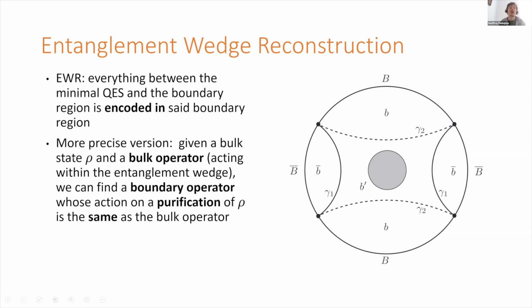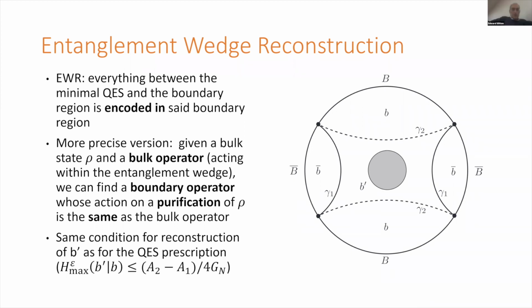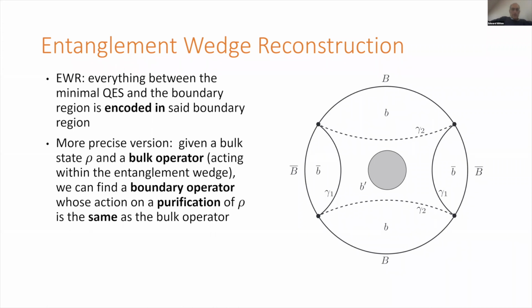But by allowing rho to be arbitrary, we generalize it somewhat. We allow ourselves to take advantage of particular properties of rho. For example, we can take advantage of our expectations about the bulk state in order to do a better job of entanglement wedge reconstruction. So this is a more general definition. It's the right definition, I think. But if rho is a pure state, it looks like this definition is